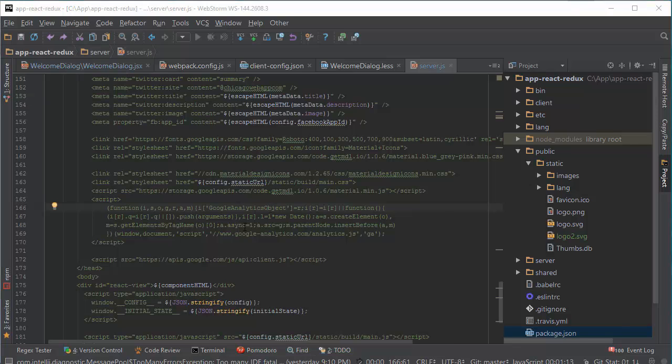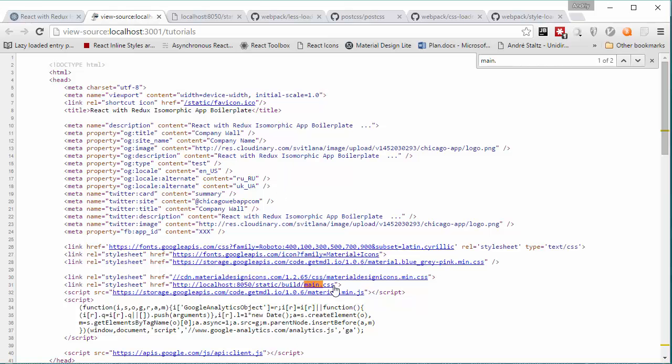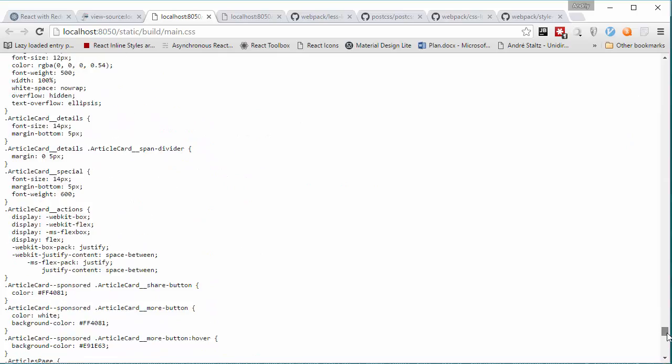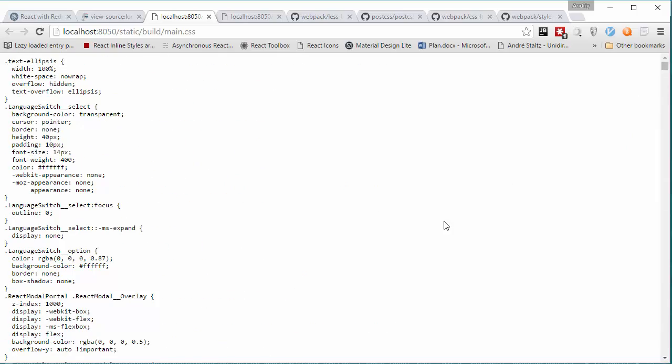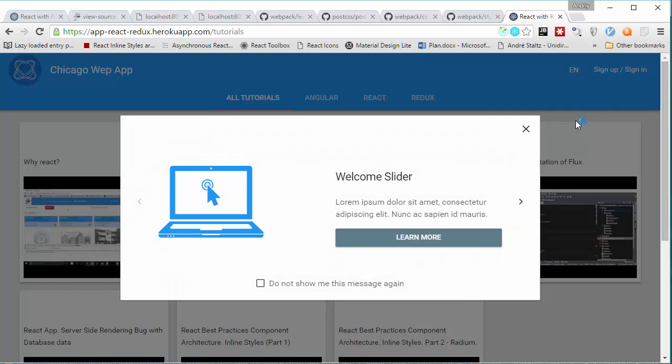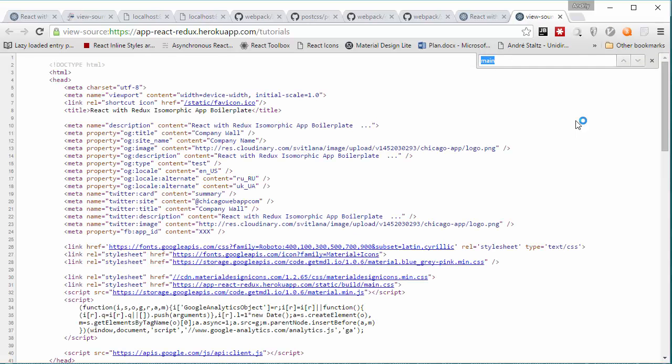And when I come to the page source and click on it, I can find all my styles here. It's on a virtual build, and on production, Ctrl-U, main CSS, it is here.